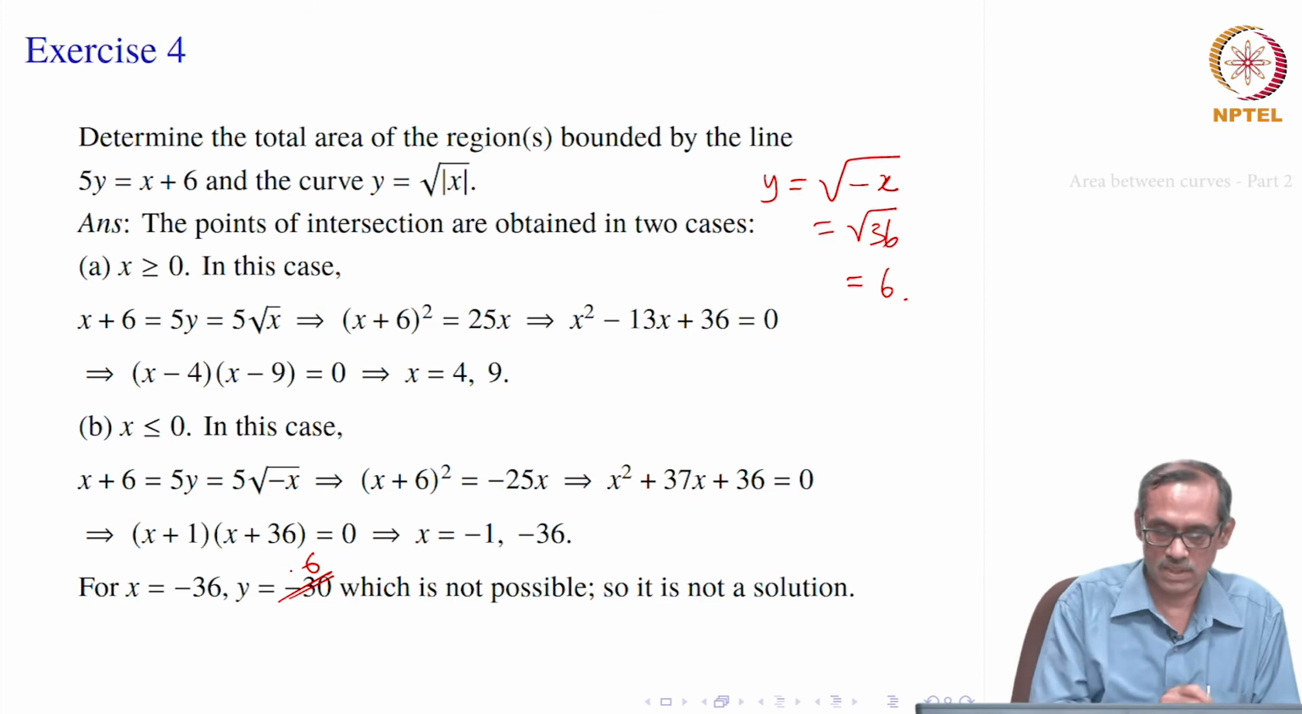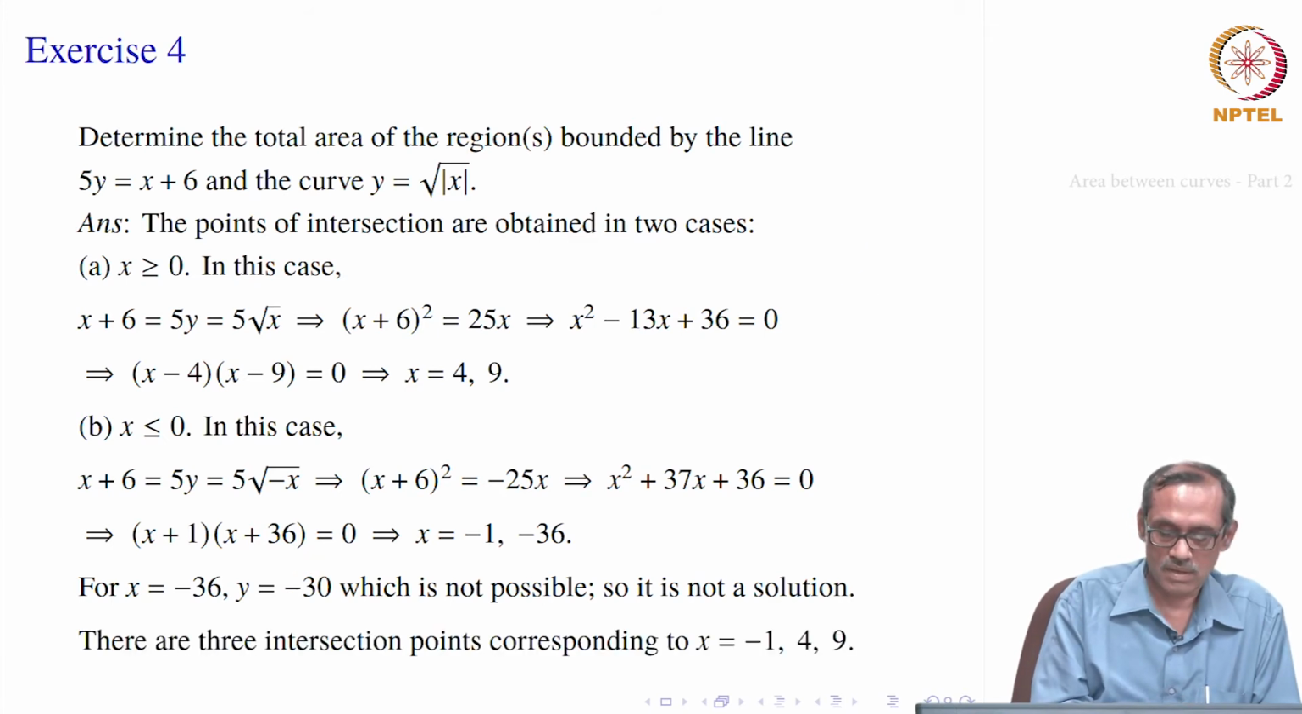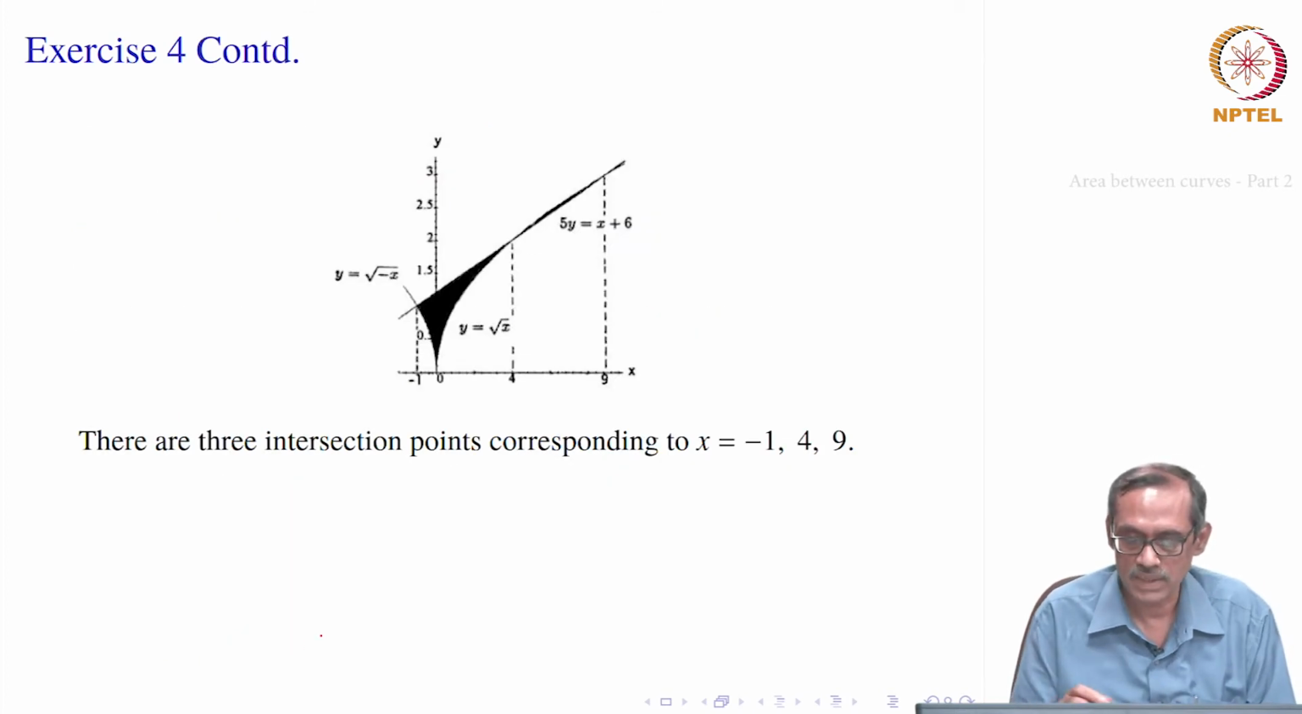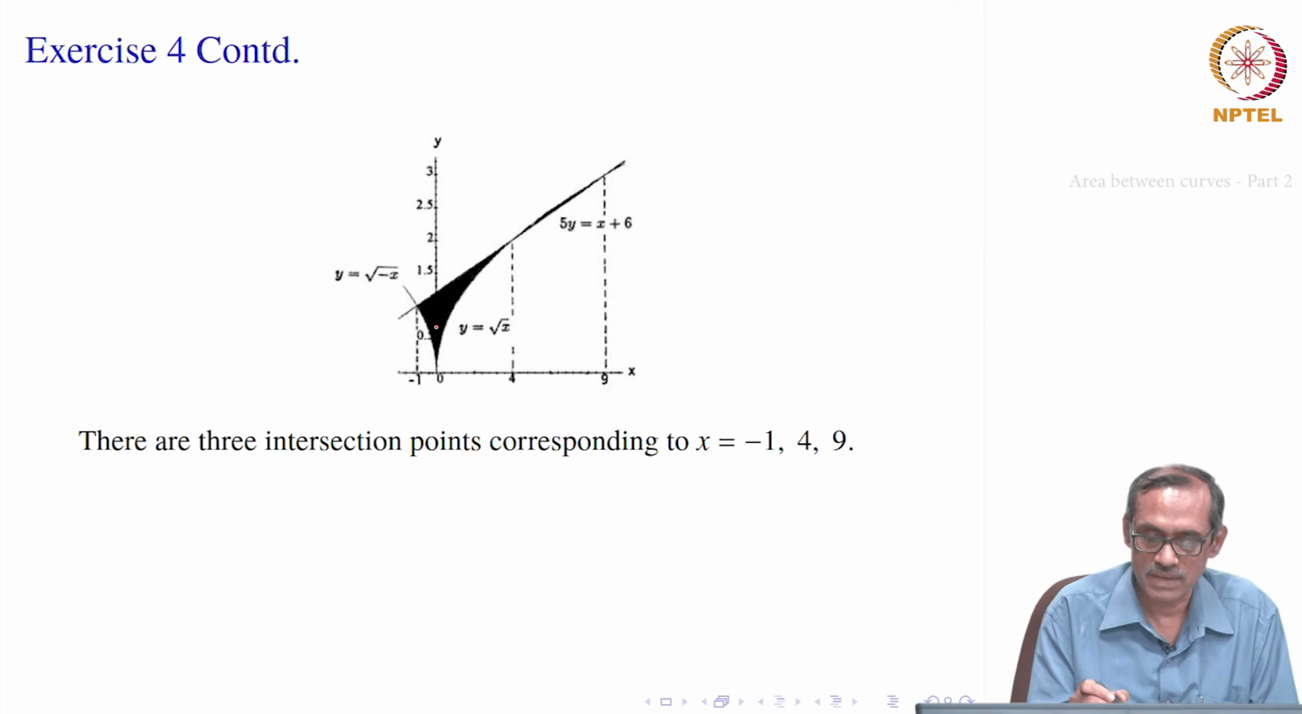x equal to minus 36. So, y becomes equal to 6, but this is not possible. Why is it not possible? What is the reason? We will see from the plot what happens. If it is negative, then minus 36 is really a false point, which is not falling here,